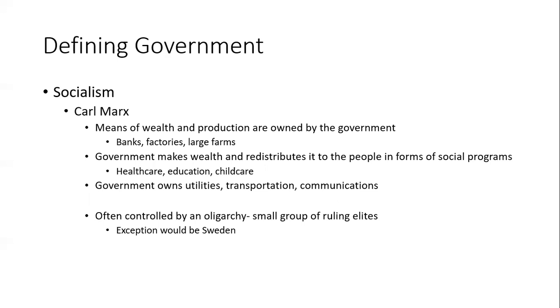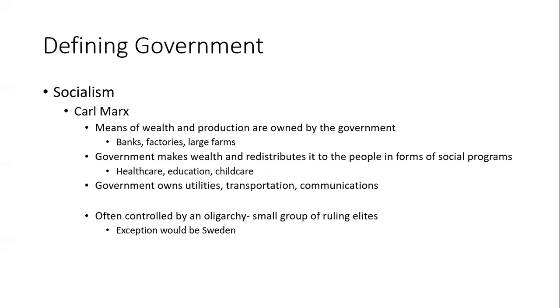Marx is born in Germany, grows up in Switzerland, is in England when England starts to industrialize, and he sees the plight of the urban workers and the displacement of people off of the farms, and the wealth that's being generated by the people that own factories, but not being given back to the people that are working in those factories. And so Marx basically argues that the means of wealth and production should be owned by a government,